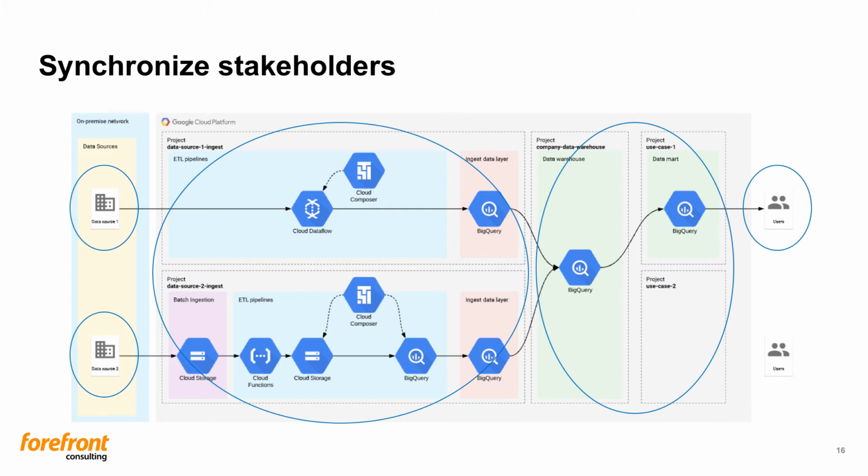But as the system gets bigger, you get more stakeholders, and some of them will, of course, change along the way. Either way, it's important for all stakeholders in this example to be aware of changes happening that can impact the whole solution. For example, if something is changed in data source 1, whether it's a new field in the data or a complete overhaul of the structure, the others need to know about it and adjust. The people working with this data source may be used to work in a certain way, and you may have to make adjustments, for better or for worse, for it to work with a new cloud integration.